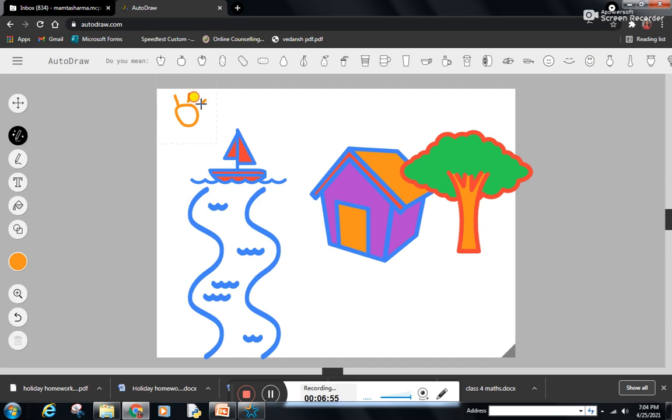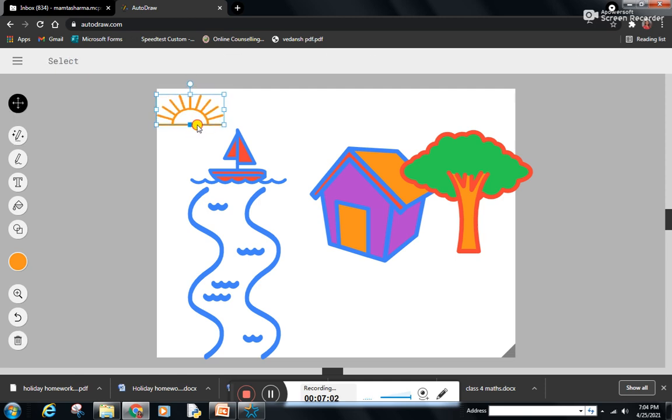Yes, we have to draw the sun, so it is showing us that this sun can be there, right? By clicking on this, we can place it anywhere where we want. Here you can fill the color as well using the fill color option. So your sun is also ready. Okay, your boat is also ready.